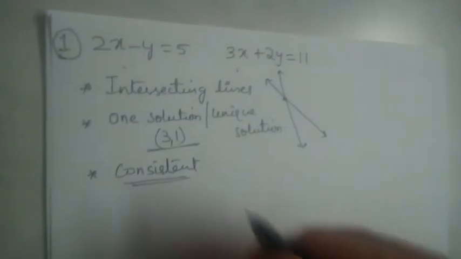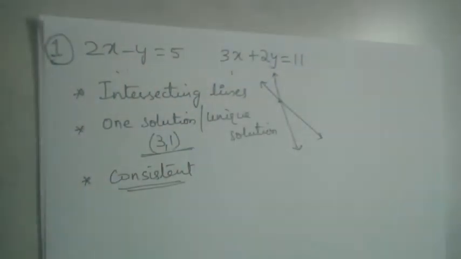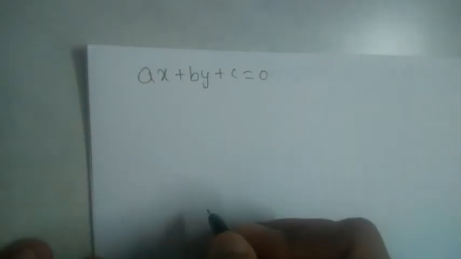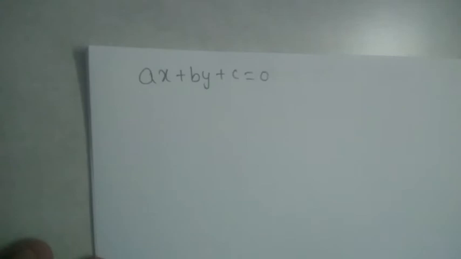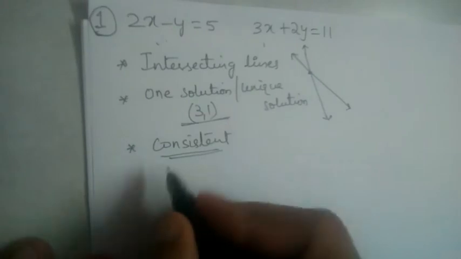So without drawing the graph, is there any method to tell whether these are intersecting lines or coincident lines or parallel lines? Yes, we have that method. We have a method. Okay, let us learn that method. See, general form of any linear equation in two variables will be ax plus by plus c is equal to 0, isn't it? This is the general form of linear equation in two variables. All right, so